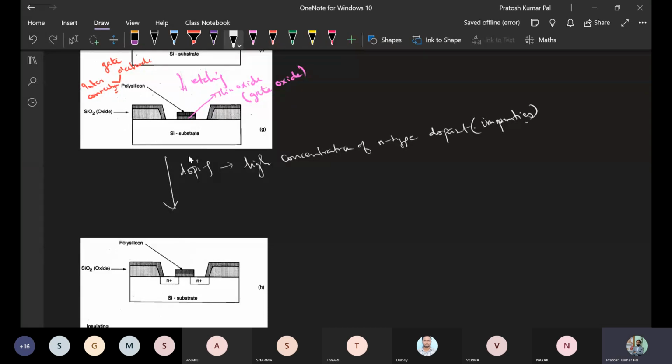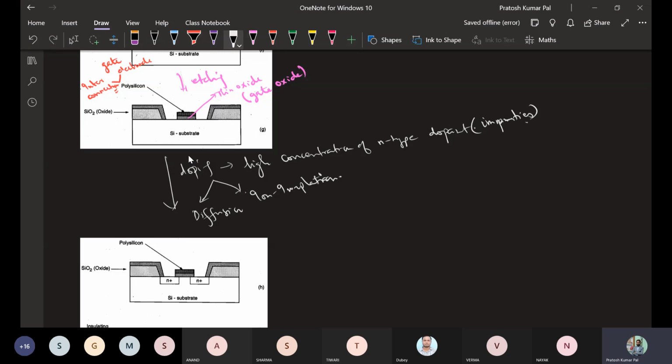This doping will be done by using the methods we have already seen, that is either diffusion or ion implantation. So we will be using either the diffusion method or ion implantation to create the highly doped n-type regions in the exposed regions of this semiconductor.